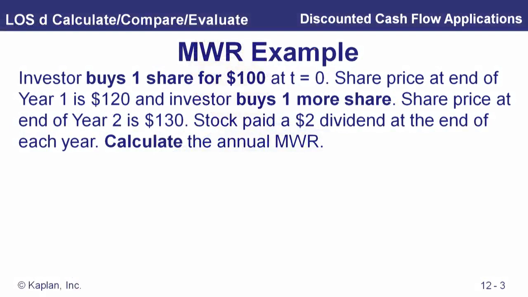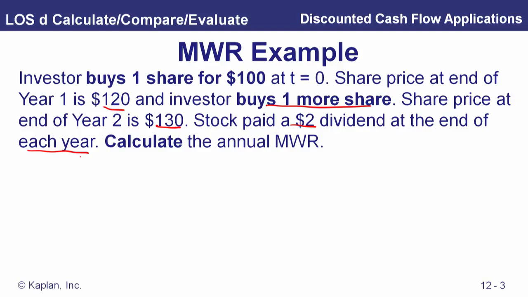So let's work through an example. An investor buys a share of stock at time 0 for 100. The share price at the end of the year is 120. And then the investor buys one more share. Share price at the end of year 2 is 130. And the stock paid a $2 dividend at the end of each year. Calculate the annual